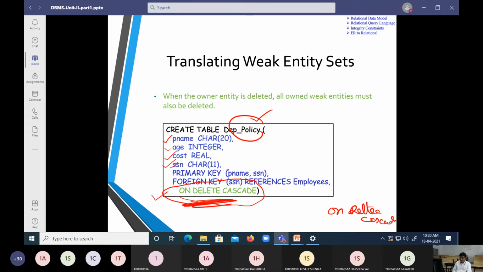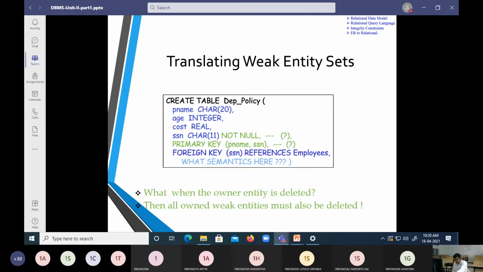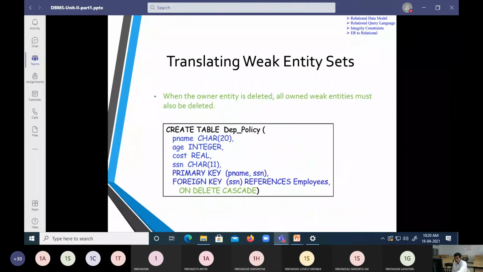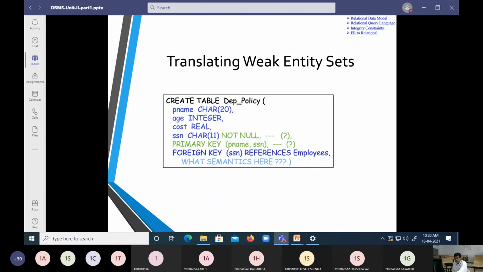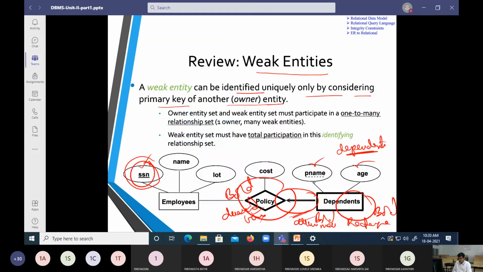And now we can see the primary keys. Policy name is a primary key, policy SSN is a primary key. Now you can see here the dotted line, it is from a weak entity, so we put the dotted line. SSN is a strong entity, so you put it as a solid line here.